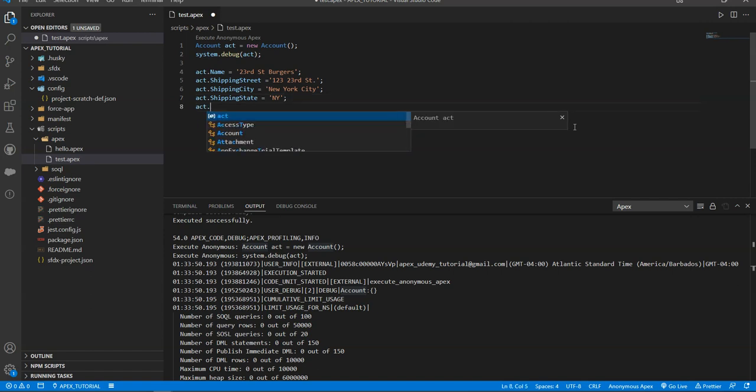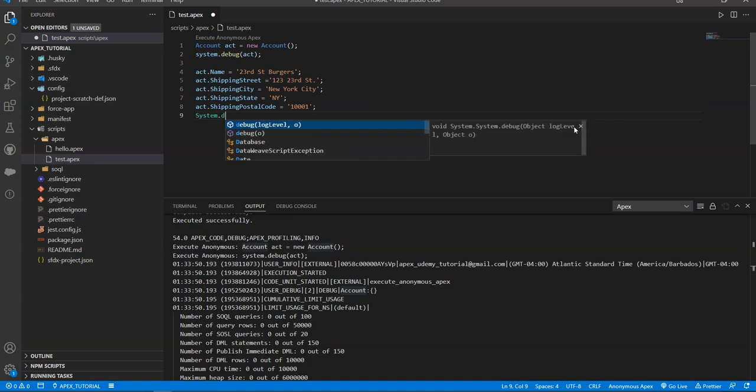New York. And then the postal code. And if I debug this again,